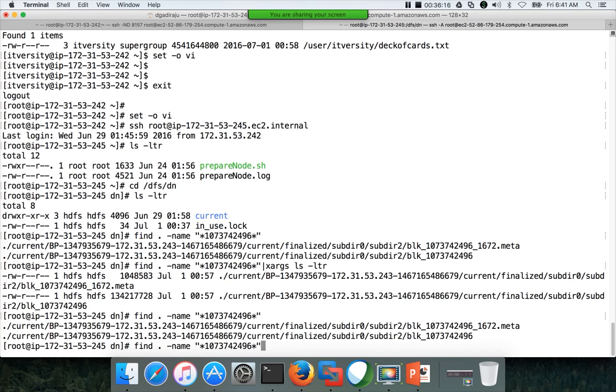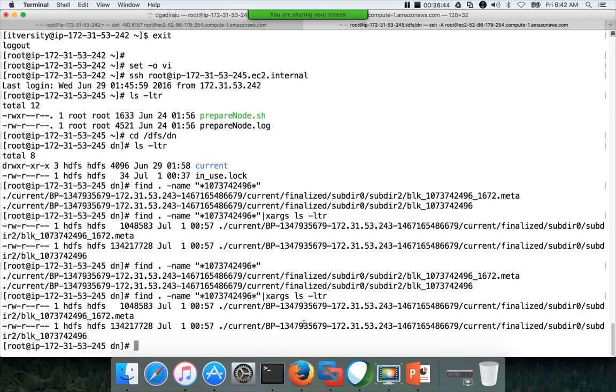If you want to pass the output of a command into another command in Unix or Linux, you can use a pipe and then use another command called xargs. xargs is a Linux command. After xargs, we will give another command such as ls -ltr. This command will be applied on top of the output of the find command. Hit enter, and now ls -ltr is applied on the output of the find command, and it showed the properties of those files.